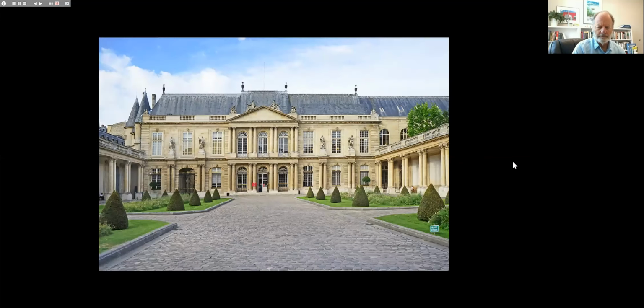The term Rococo comes from the French word rocaille, which refers to pebbles. And the term is most explicitly associated with interior decoration. We'll look at some examples of that shortly. But the term has been generalized to refer to the artistic culture of the visual arts in a more general way, including painting, works of sculpture as well.